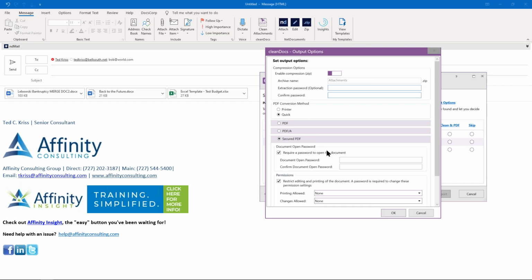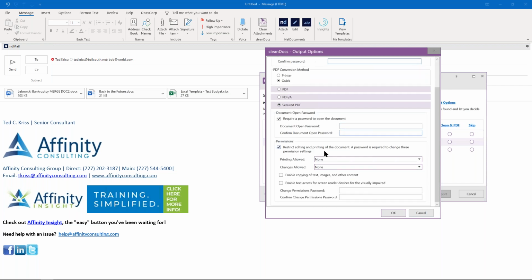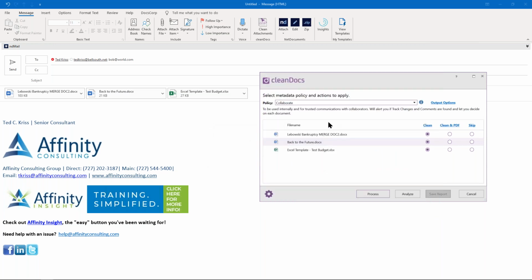Again, as I was mentioning before, we have the ability to set passwords on our documents if necessary. And more importantly, if we're securing a document, you can also control what the recipient can do in certain capacities with documents. So again, it's not just a straight metadata cleaner. It also serves to clean the data that is tied to the documents.